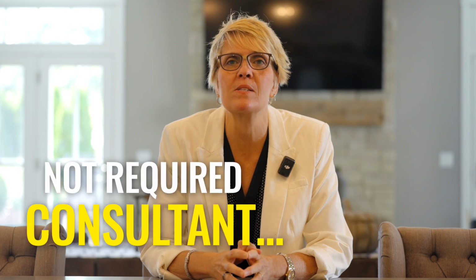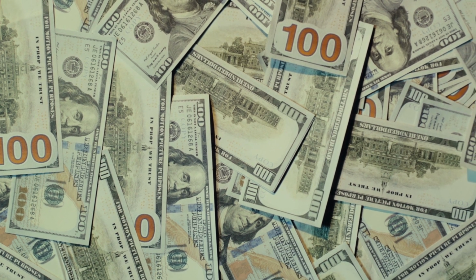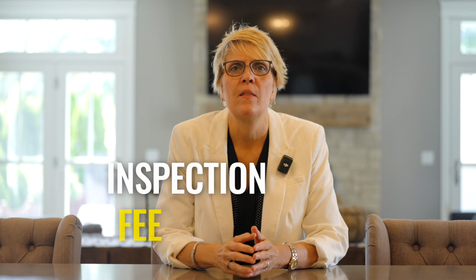So for the FHA 203K program, FHA announced it's increasing the limited 203K total rehab cost from a maximum of $35,000 to $75,000. The limited 203K does not require a consultant unless there is structural or landscaping. However, the $75,000 would need to include the contingency reserve, the title update fees, the draw inspection fee, the consultant